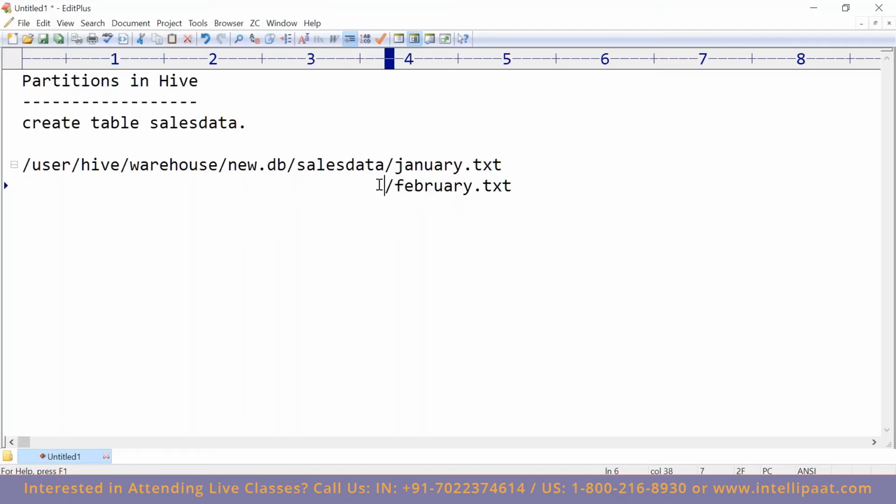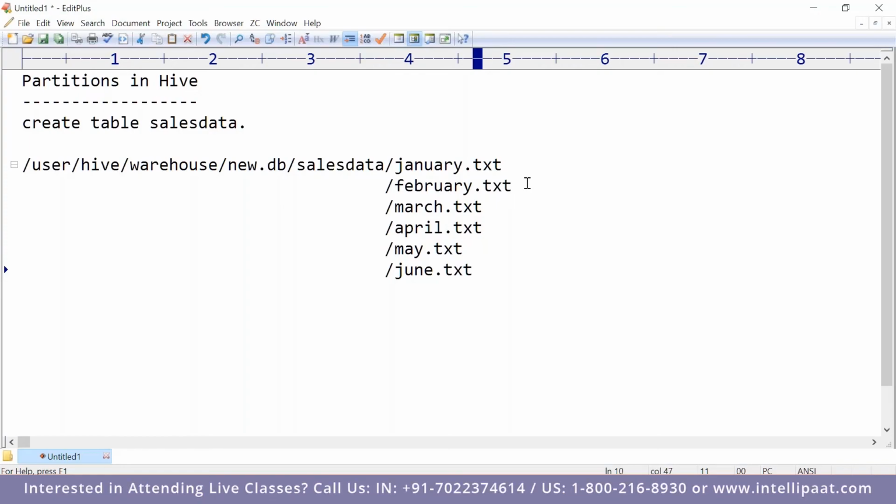And then your manager says, hey Raghu, I have some more data. March.txt comes. Then what happens? April.txt comes. Then what happens? May.txt comes. And June.txt comes. So what is happening here? Every month you are getting the data, right? Every month you are getting the data, and you are loading the data to the table because you have a